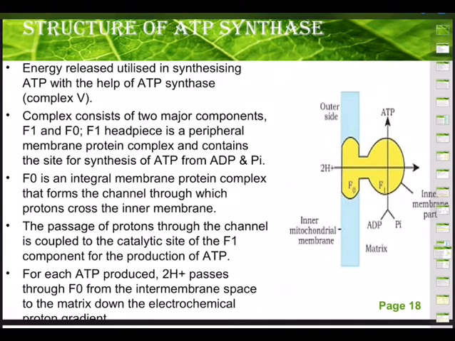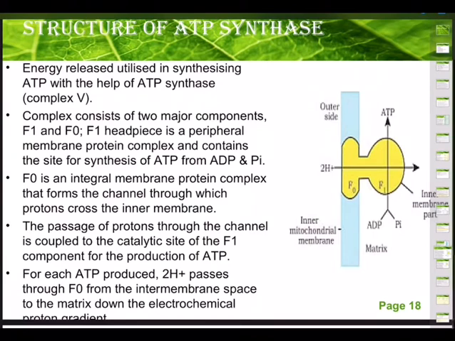As you are seeing here, this is the inner membrane and the matrix is there. This is how ATP is synthesized within the matrix: ADP plus inorganic phosphate. In the inner membrane of mitochondria, you must recollect the figure of the vertical section of mitochondria, where you have the F0, F1 particle. In that F0, F1 particle of the inner membrane, ATP synthesis takes place. ATP is always formed from ADP having inorganic phosphate. When the protons coming from the outer side pass through the inner membrane part, ATP synthesis takes place.